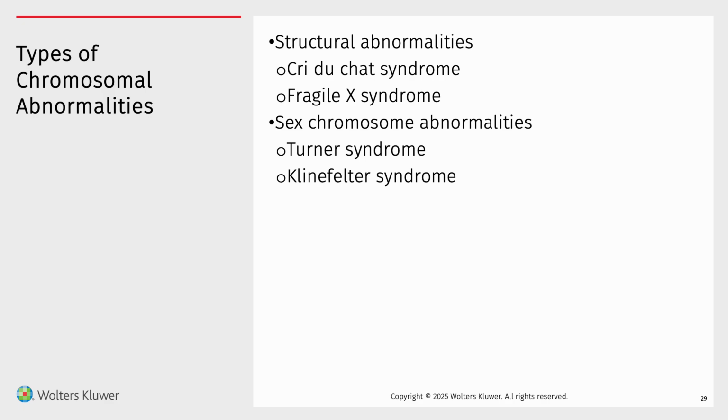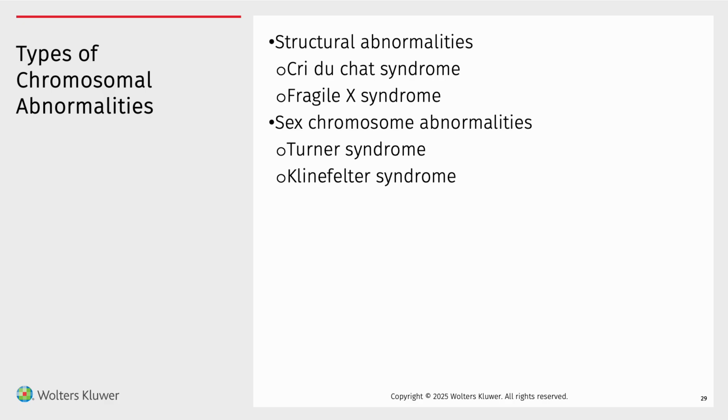Also, we have sex chromosome abnormalities, which involve abnormalities in the number or structure of the sex chromosomes, X and Y. So you have Turner syndrome, which is the abnormality 45X, females with a single X chromosome. Their characteristics are short stature, infertility, heart defects, and certain learning difficulties. You also have Klinefelter syndrome,